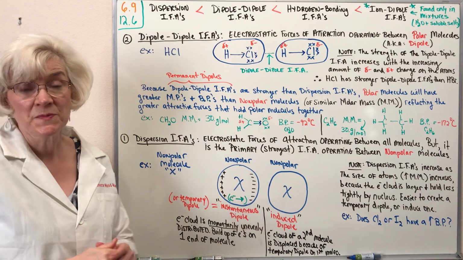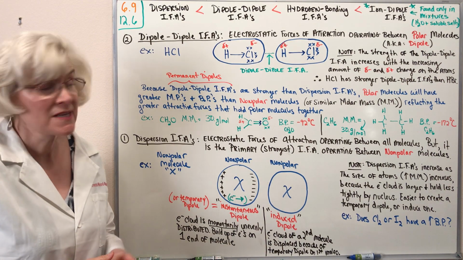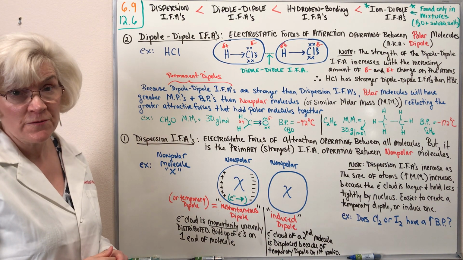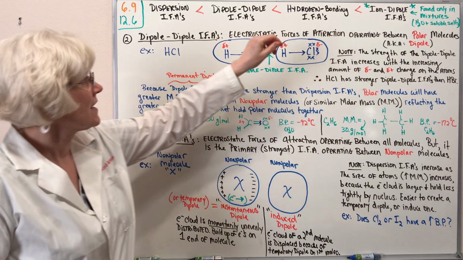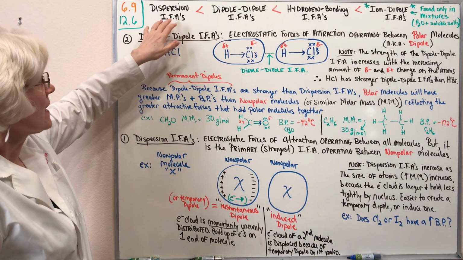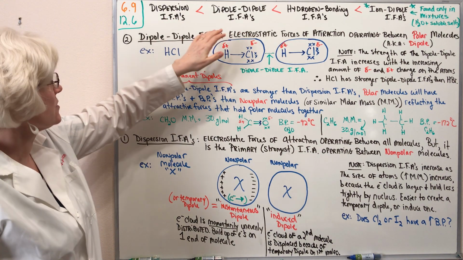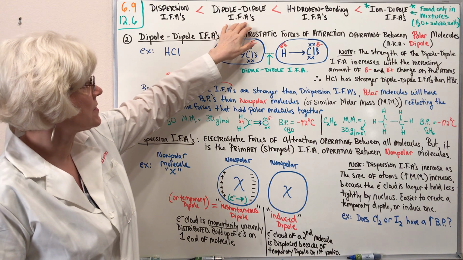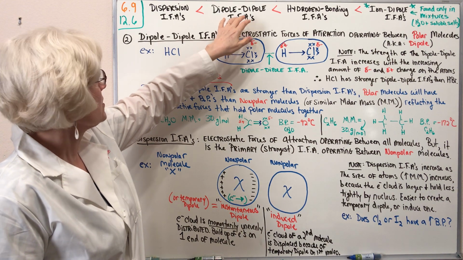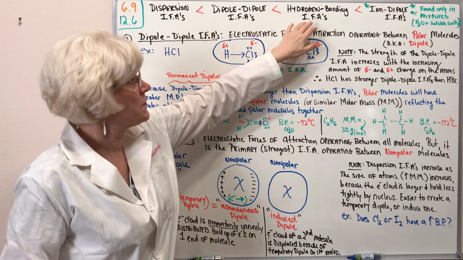We're now going to take a specific look at the different types of intermolecular forces of attraction. A reminder that there are 4 of them that you need to be familiar with, and in order of increasing strength, dispersion IFAs are the weakest, followed by dipole-dipole IFAs, which are stronger than dispersion IFAs but weaker than